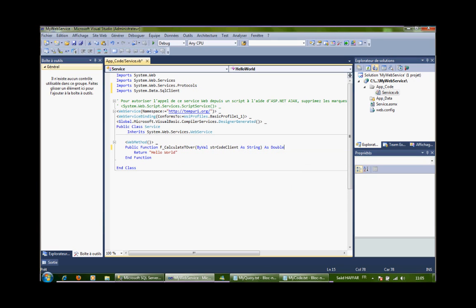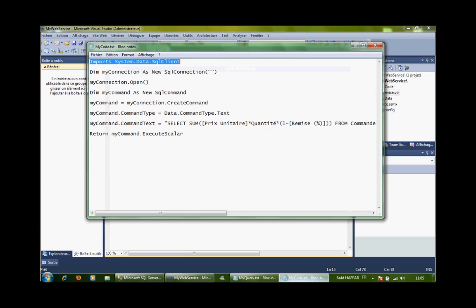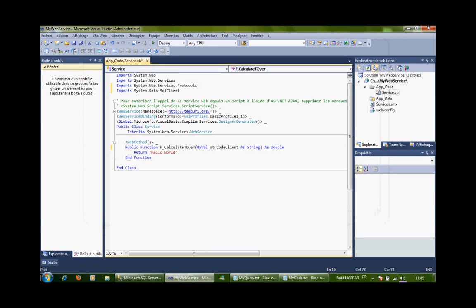I will change it. So to do that, I have to create a variable for my connection,